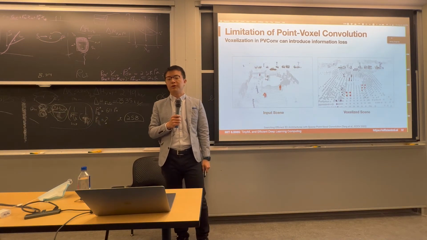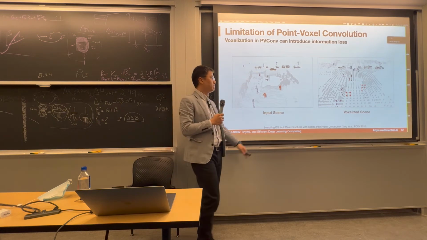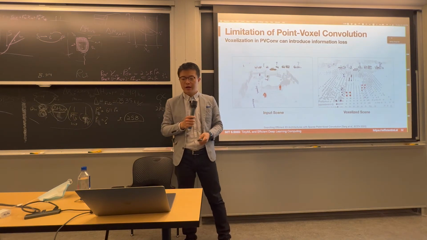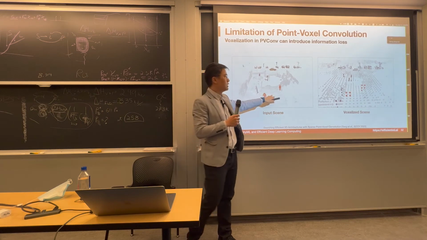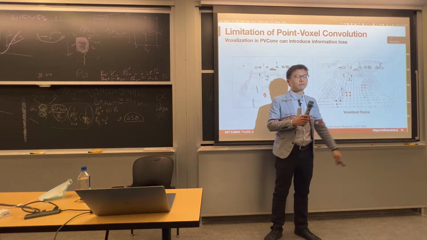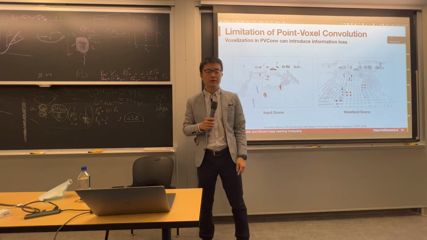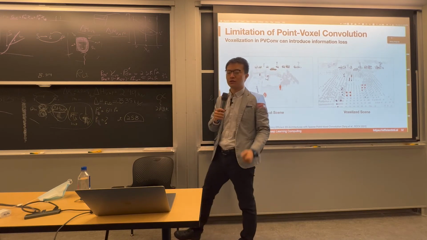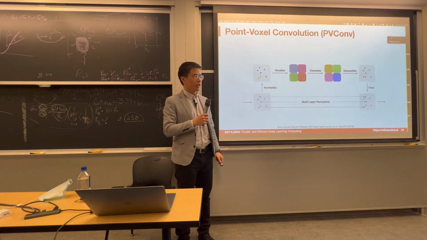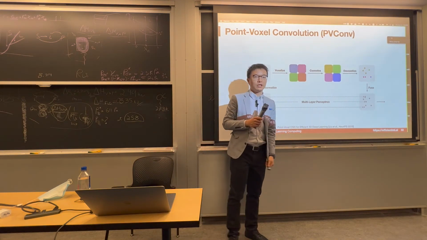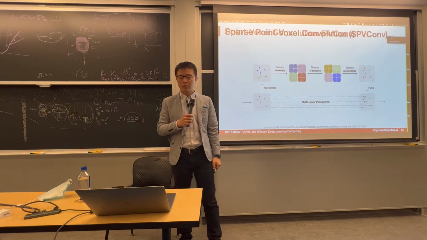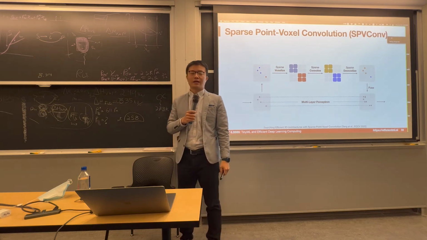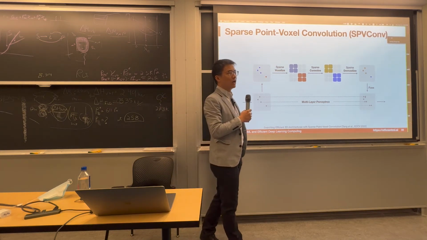The limitation of point-voxel CNN is that when we have a larger input scene, like outdoor space rather than indoor space, the objects, like a person, become only a few voxels in the voxel branch. This is too coarse, and we can lose a lot of information if the scene is too large. So what's the solution for that? Rather than having this coarse-grained and dense voxel branch, we can have a more fine-grained sparse voxel branch. So that debuts the sparse point-voxel convolution, short for